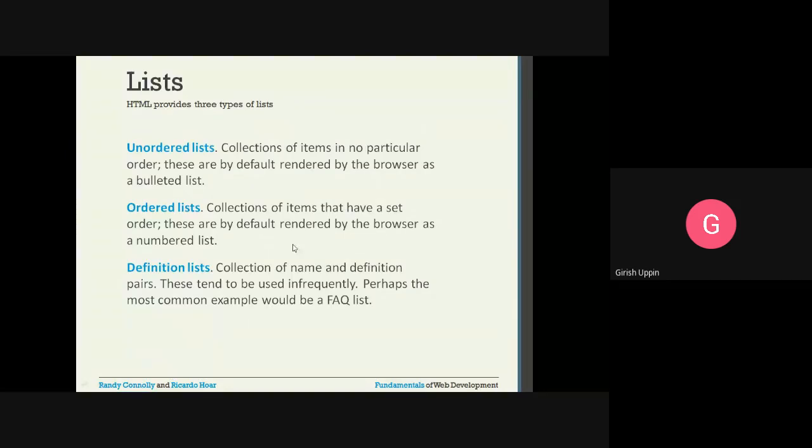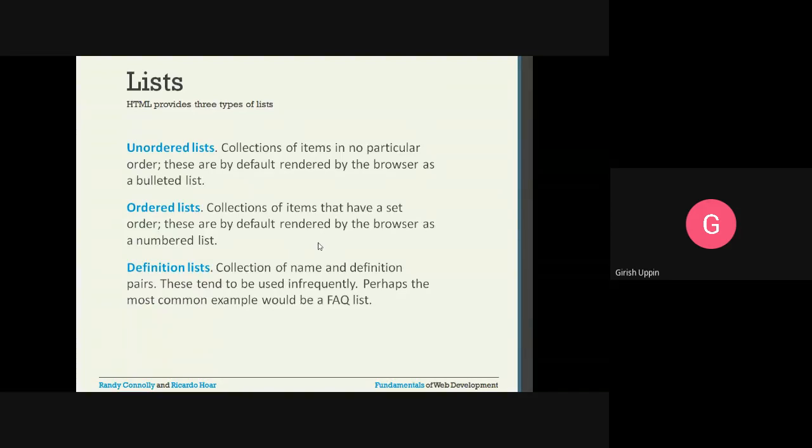And whenever we use the ordered list, so what is an ordered list? A collection of items that have a particular order. By default they are rendered by the browser as a numbered list. So 1 2 3 4 will be displayed on the browser when it renders an ordered list. Definition list, collection of name and definition pairs.